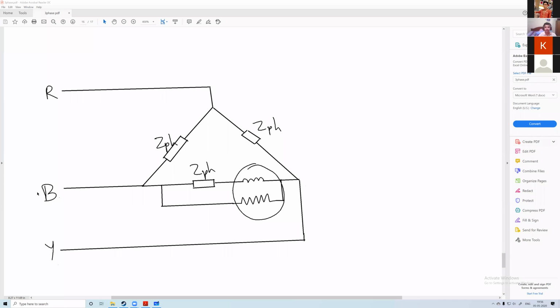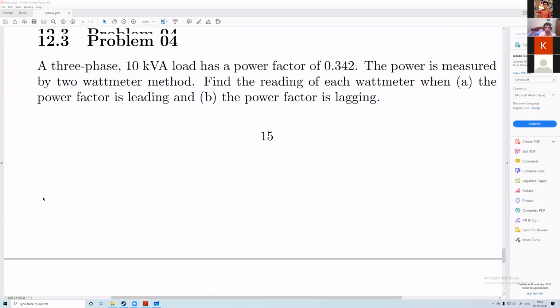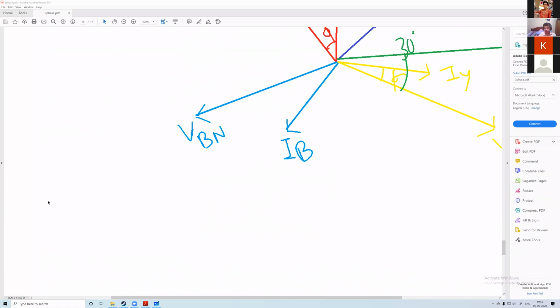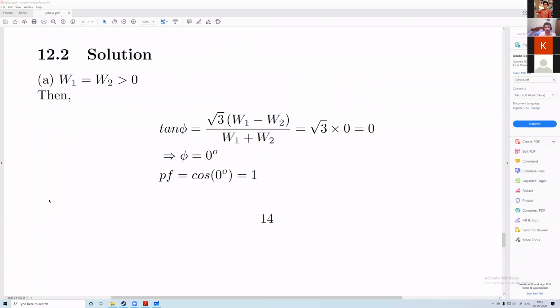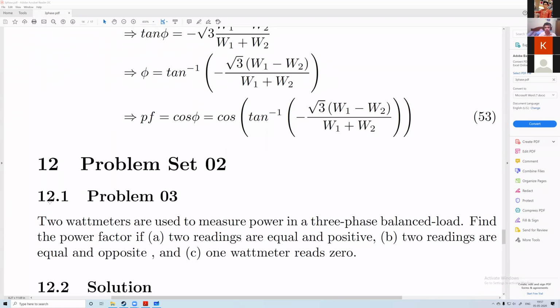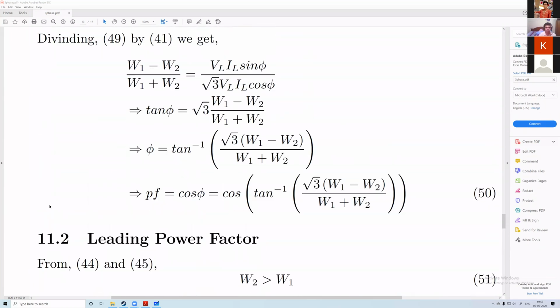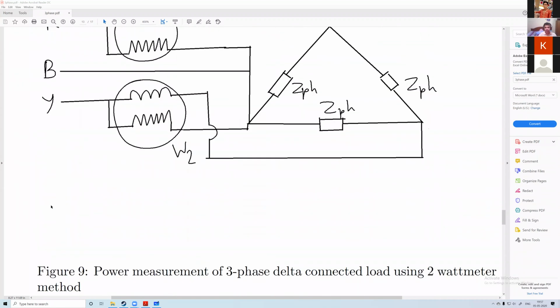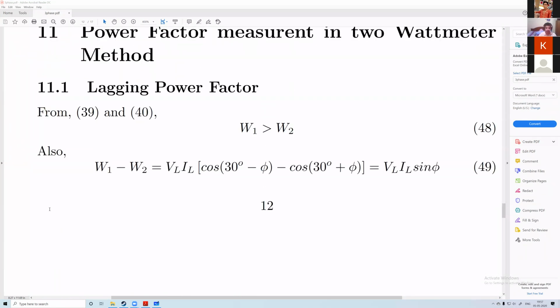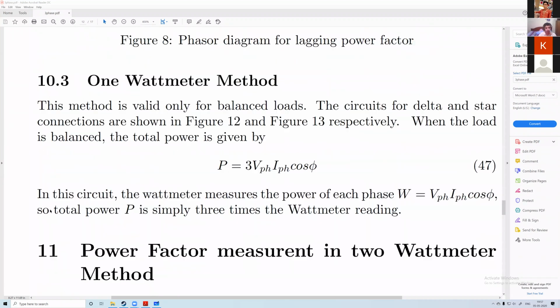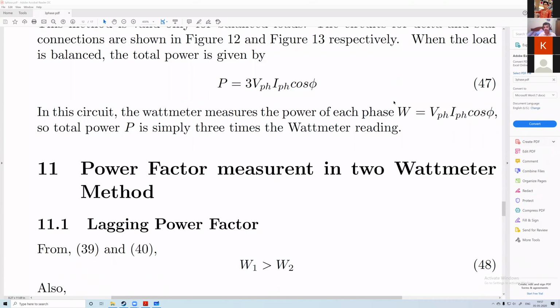Right. Another thing is power factor measurement using 2 wattmeters. Okay. So assuming that we do not know the phi for a balanced load, how to calculate? This is also for balanced load, okay, not for unbalanced. So we measure the same thing with the 2 wattmeter method, we connect it the way we discussed. Only difference is that instead of measuring the power, we are trying to measure the power factor of the unknown load.